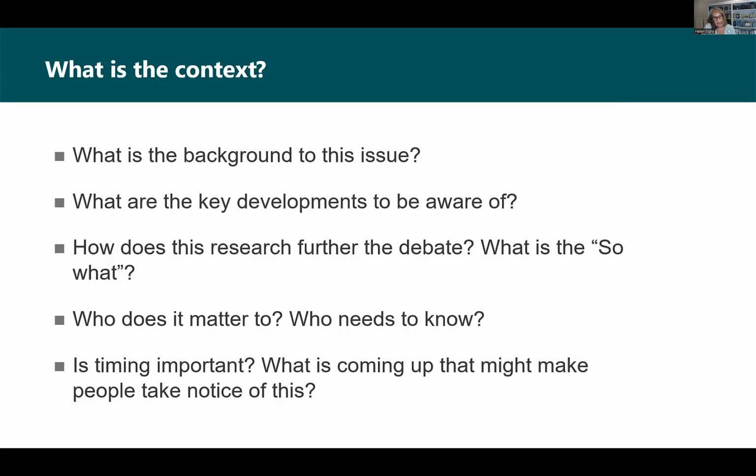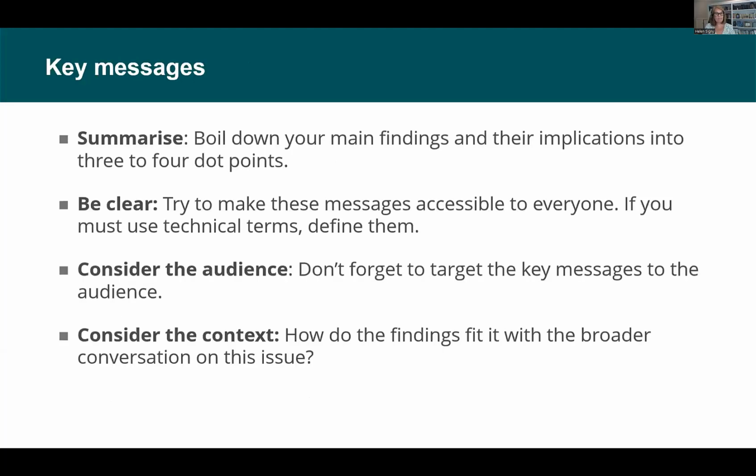And then also, when thinking about the context, it's really important to think about who might be affected by your communication. For us, we're funded by all the different governments in Australia, including the Commonwealth. So we've just had a conversation about, well, do we get on the bandwagon to advocate for a sugar tax? But we actually wouldn't do that, because that might adversely affect some of our funding partners, and maintaining that engagement with them is a really important thing. So just a few things to think about there.